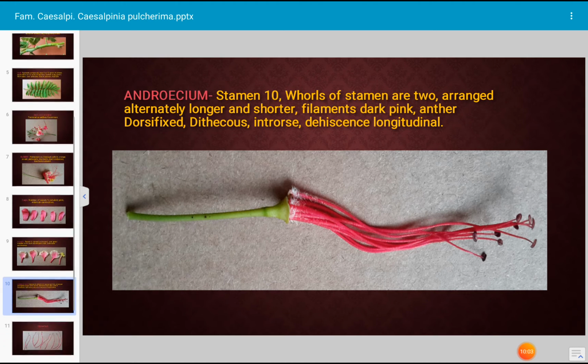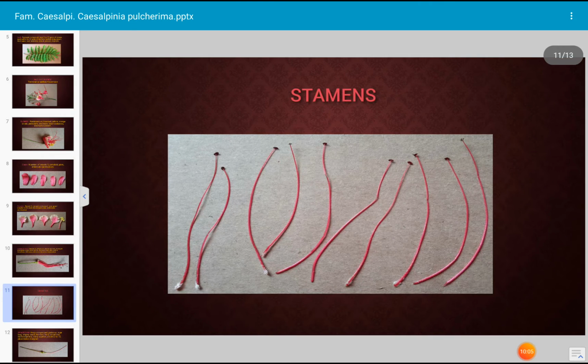Let us see. Next, these are the stamens. Total 10 stamens, 5 long and 5 short. The filaments are dark red, beautiful pink colored stamens, and dark brown colored anthers are present at the top of each filament. Next,